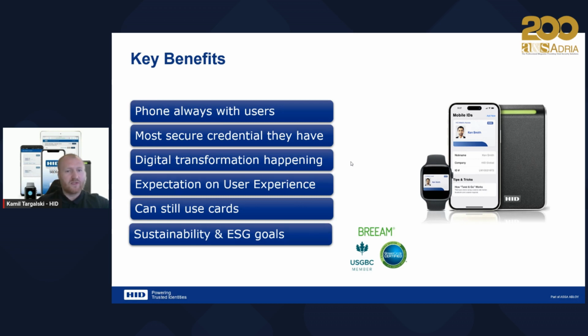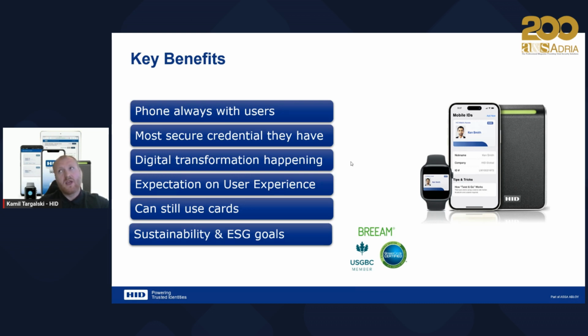It's part of the digital transformation happening. I think that standard keys, fobs, and physical badges are the last missing component in the digital revolution so far. There is also a big expectation on user experience coming from multiple different verticals. So we can add the mobile access feature on top of third-party mobile applications, allowing different feature sets for different use cases.